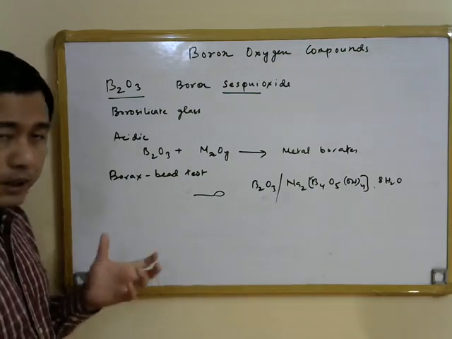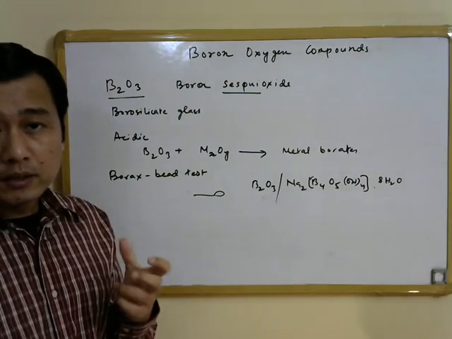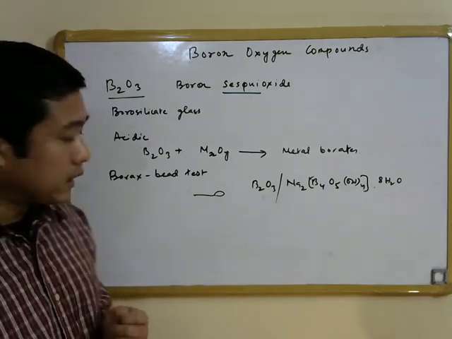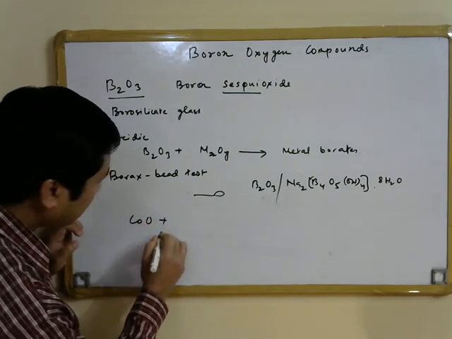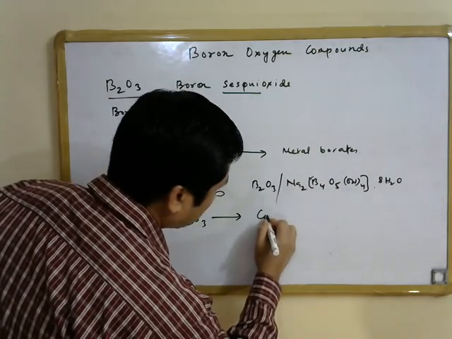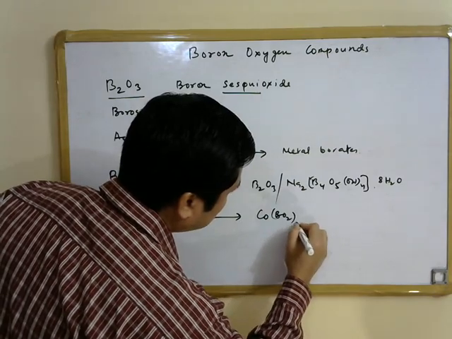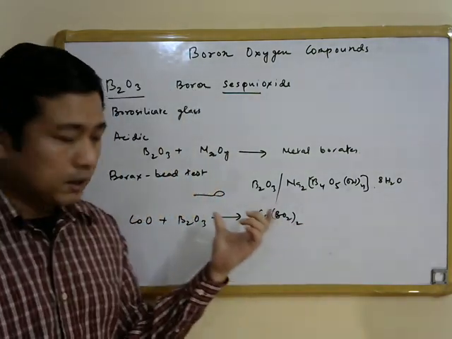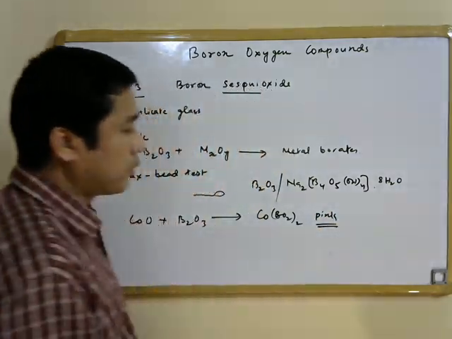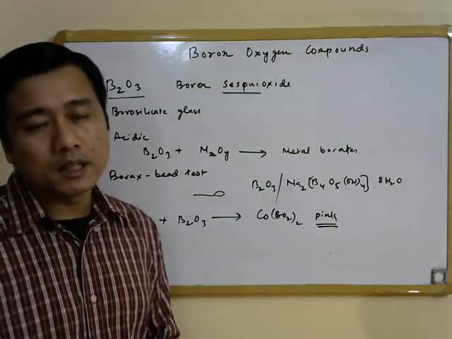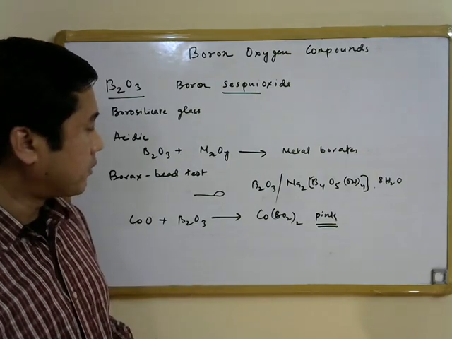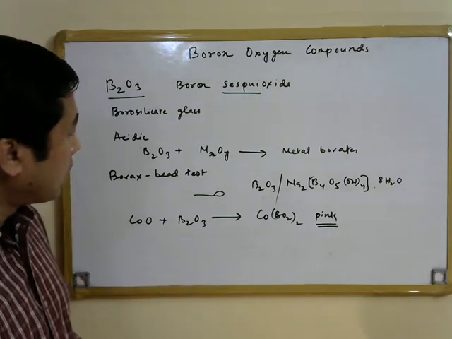By doing this, in fact, it was found that in vitamin B12 the presence of cobalt was identified by using a borax bead test initially. So the cobalt oxide will react with, say, B2O3 during the borax bead test to give us Co(BO2)2, and this particular metal borate has a characteristic pink color, from where it was identified that cobalt is present in vitamin B12. So the borax bead test is a very important test in qualitative analysis of basic radicals. And then